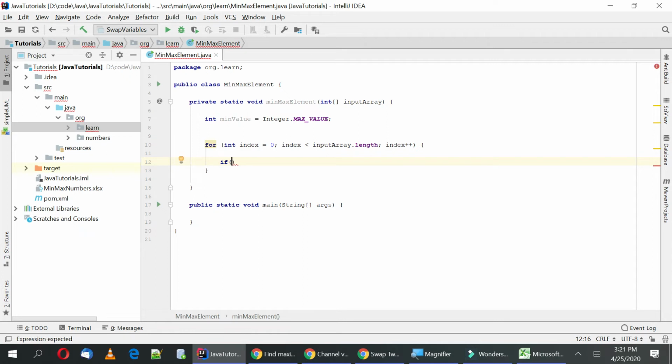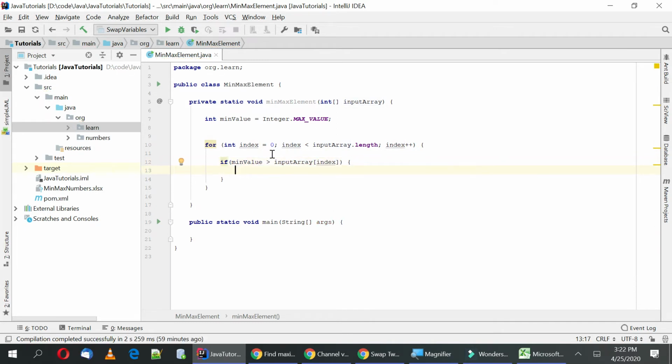Now we have to write our statement, right? So if minValue is greater than inputArray of index, right? So whenever any element has a smaller value than the minValue, we are going to update this value, right?